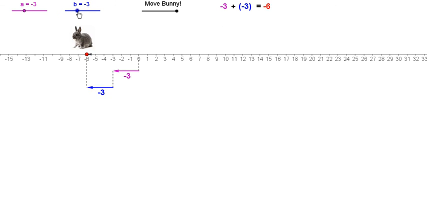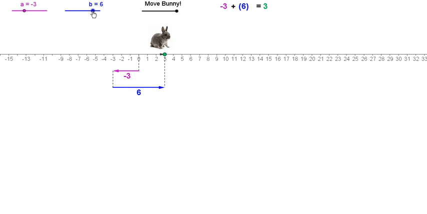Well, let's take a look at what if we have different signs. So we have negative 3 plus a positive 6. We go 3 in the negative direction. 1, 2, 3. And then we turn around and go 6 in the positive direction. 1, 2, 3, 4, 5,